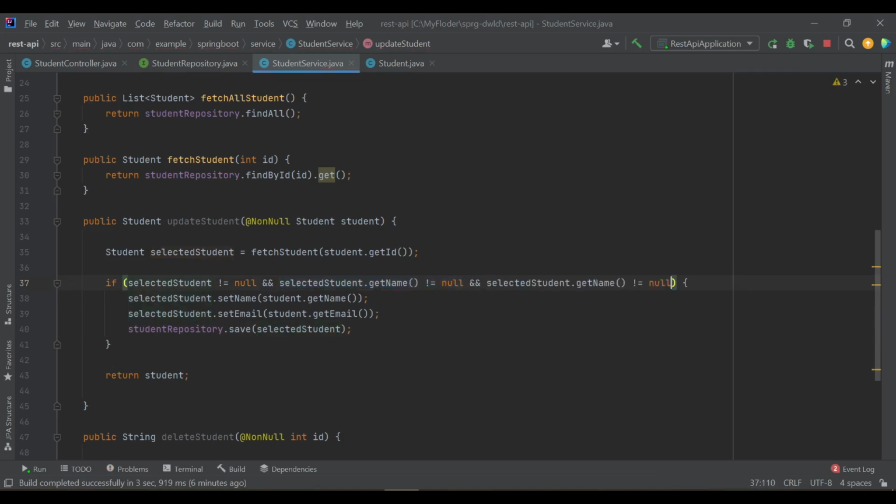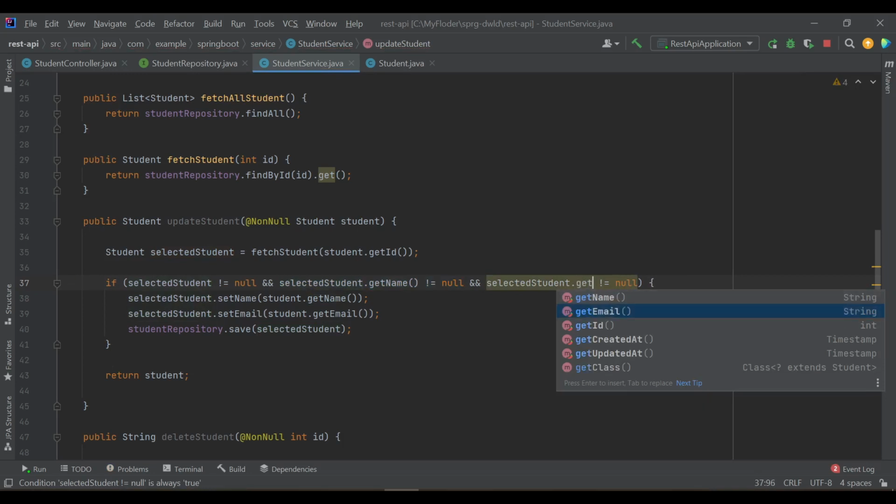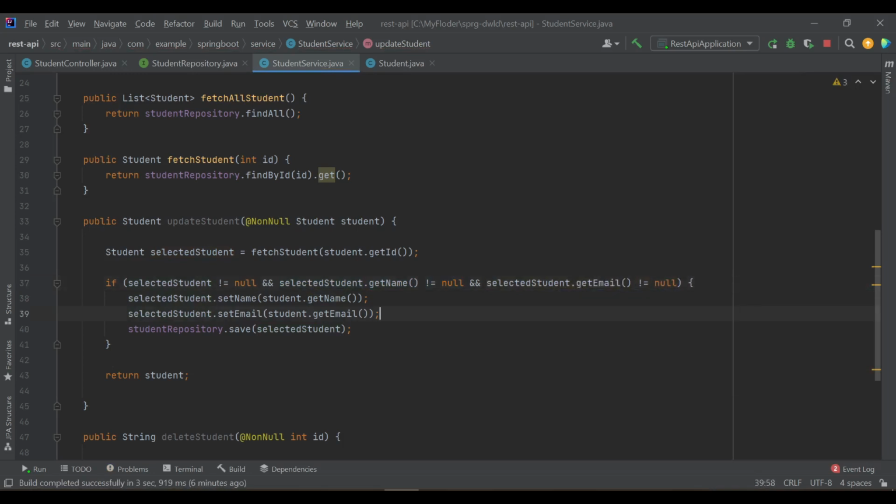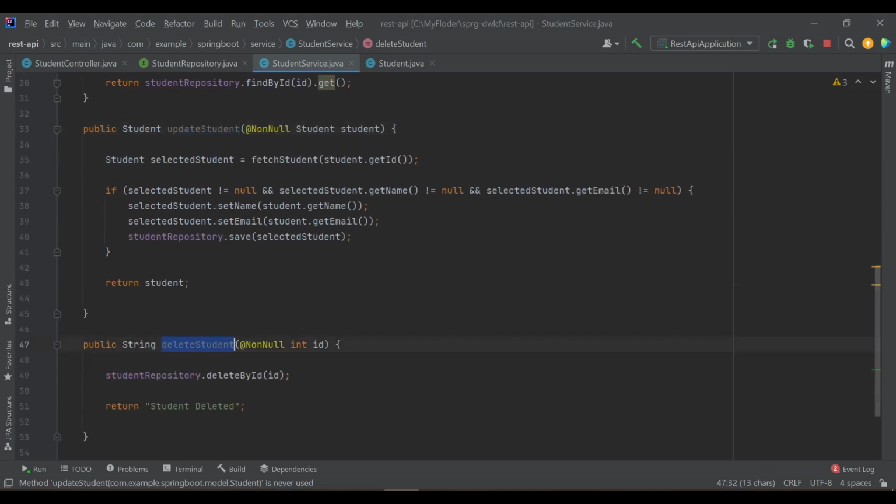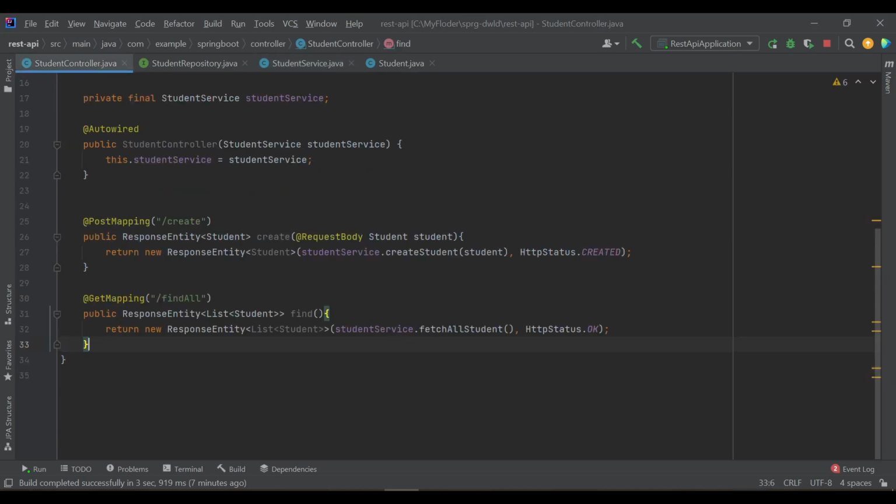I have just used a basic one. There is more scope to improve this method. You can do it on your own. And next we have defined the delete. Inside the JPA repository, we have delete by ID. You just need to pass the ID, and after that we are returning student deleted. Now let's use this in controller.